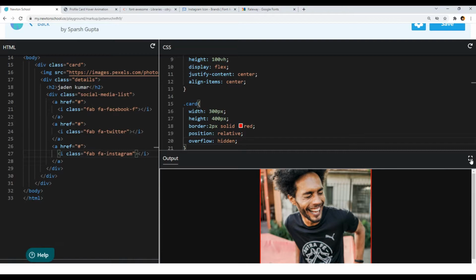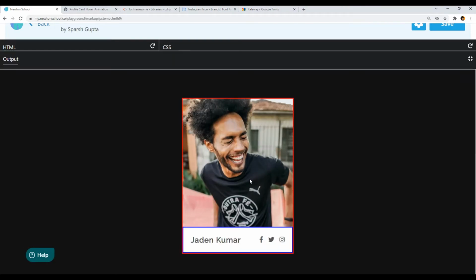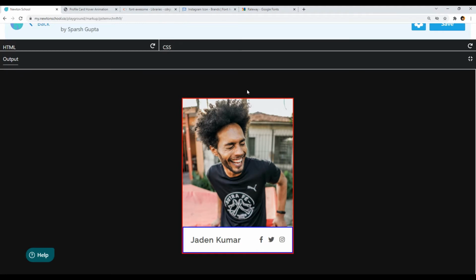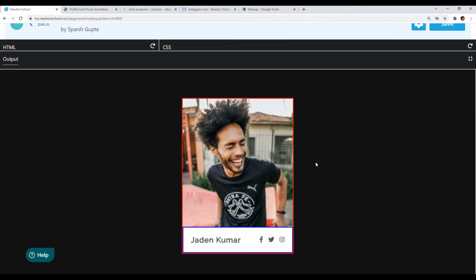And now what will happen is that the image will still scale and it will still overflow the card element, but since we have used overflow property with the hidden value, we can't see the overflowing part of our image, and it is resulting in this cool effect, and that is what we need.